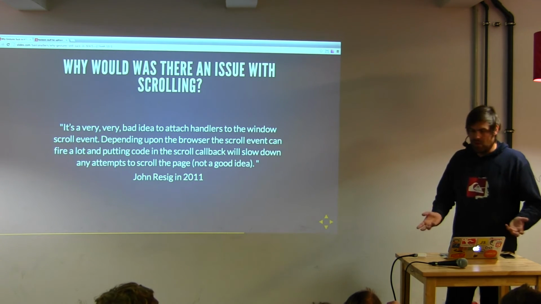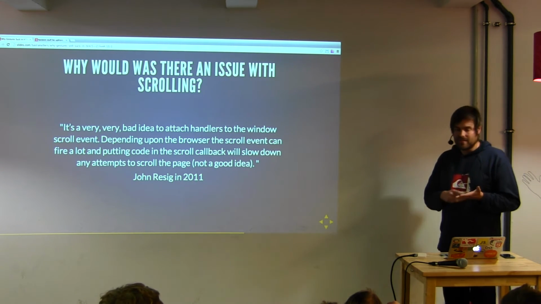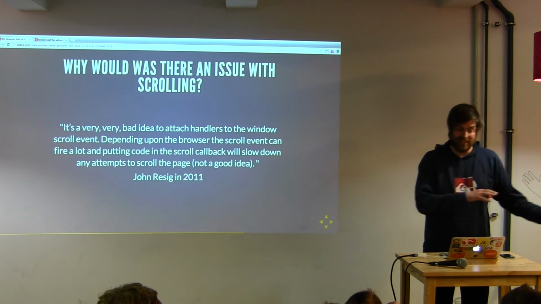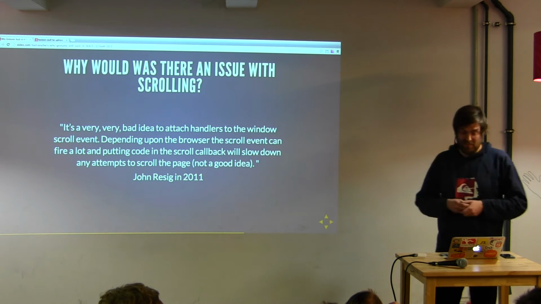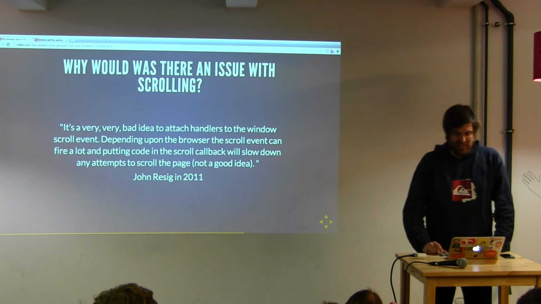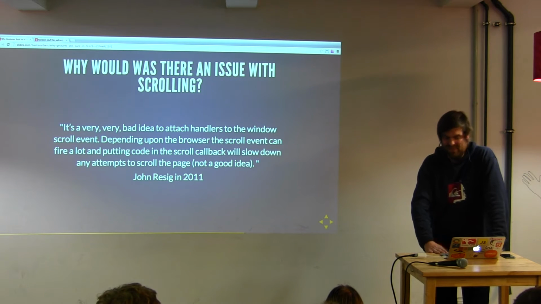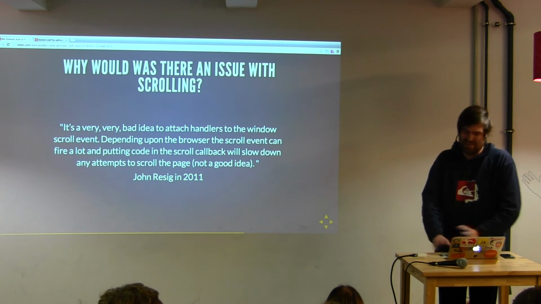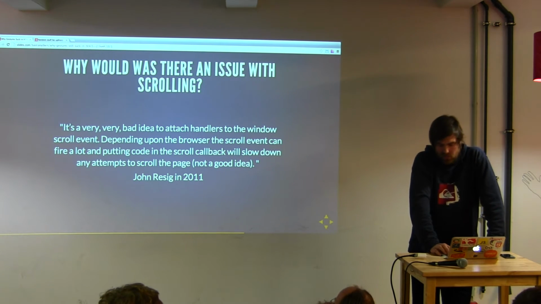Actually, it wasn't possible unless you did that hard road and did touch events. Then you could see what happens in the touch move, and then you just had to replicate the native scrolling thing, which is like, sure, I'll just throw some transitions on there and do it. And I actually did it once, and it's like, why is this scrolling so weird? You can kind of get there, but it's not really great. But there was an issue with scrolling, and